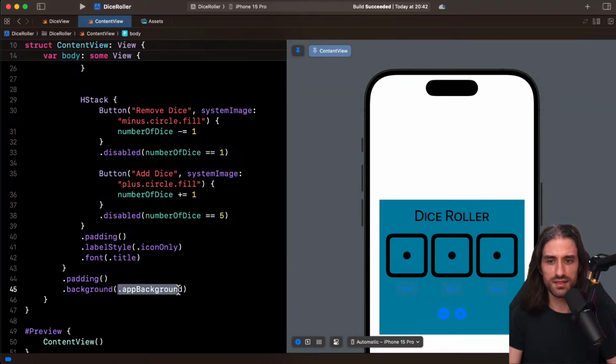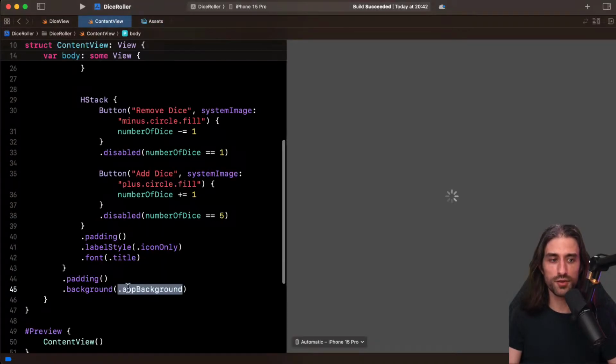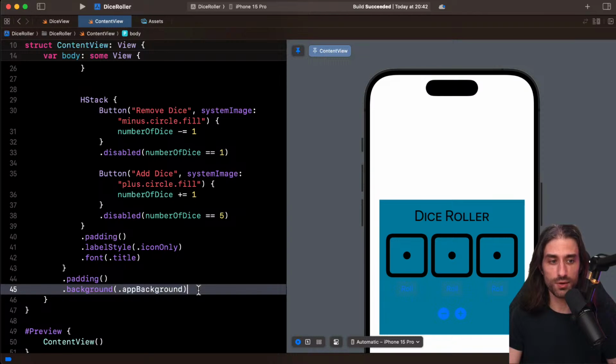This is an identifier generated based on the name of the color right here, and it's a new feature of Xcode 15. Before that, you had to pass in the name of the color as a string, which is not type safe. It's not checked by the compiler that the color exists. You had to use third-party tools from the community, which were great for this. But now Xcode does it out of the box, and it's a pretty cool new feature.